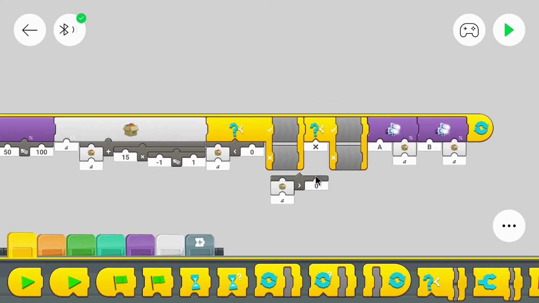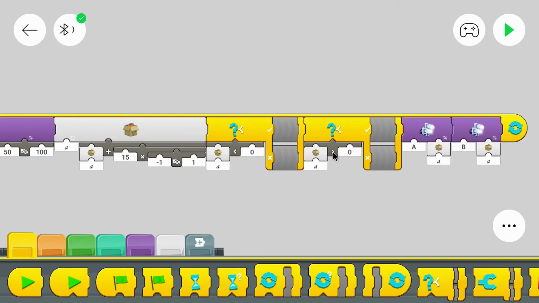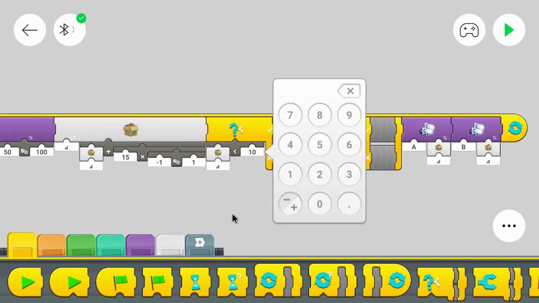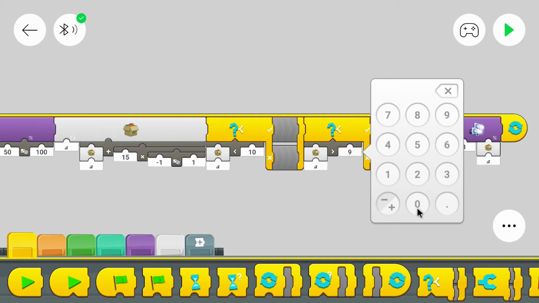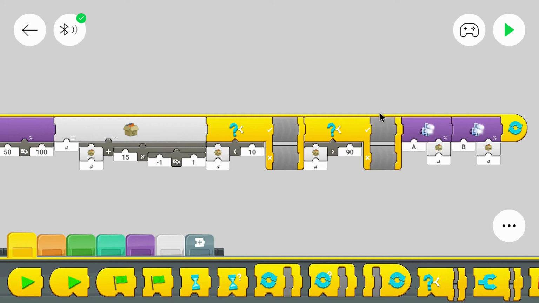We can do that for both values. So we can add both borders. We want to check if the value is less than 10. And then it will do the stuff above. So we can do something against the value being below 10. Otherwise we will do nothing. Or if it's above 90, then we can react to that here, or otherwise we can do nothing or do something else.